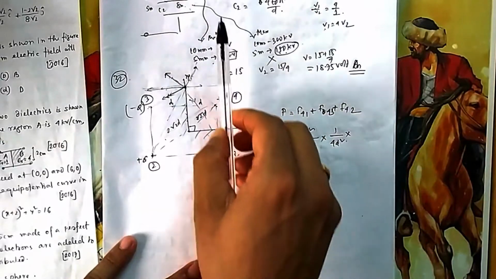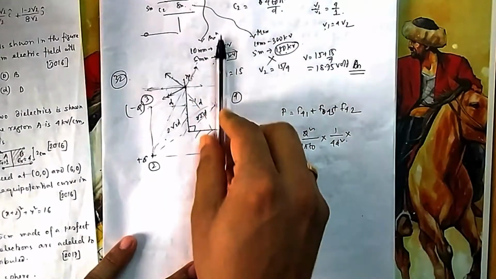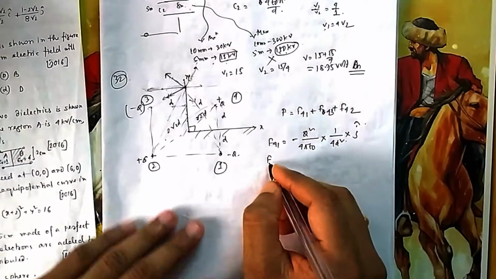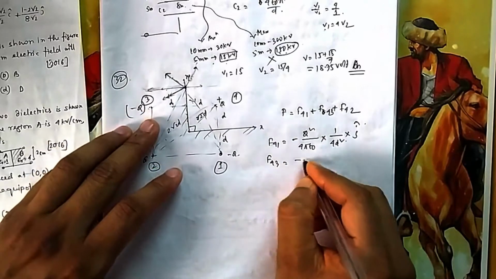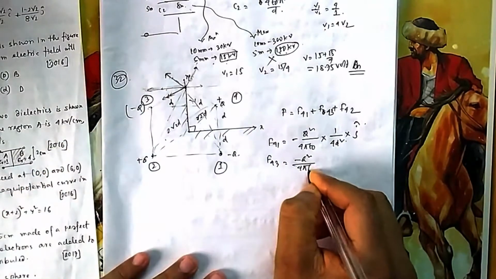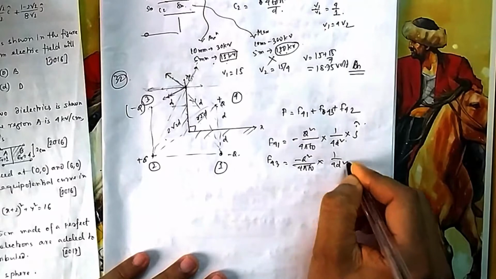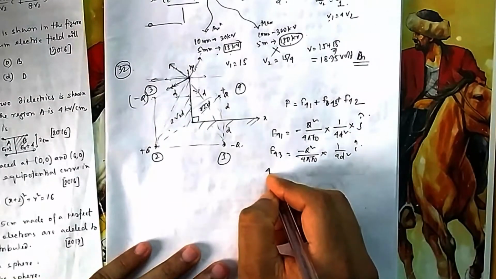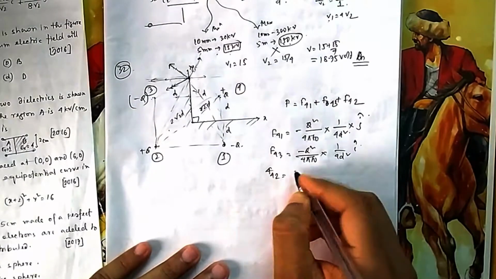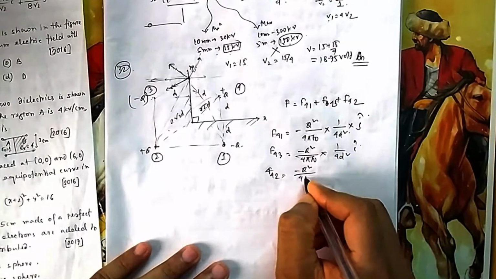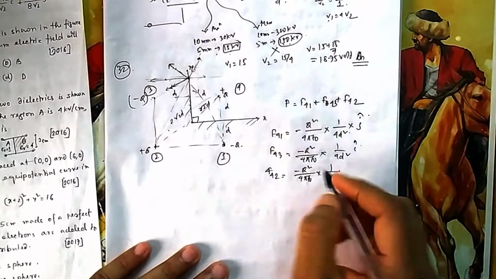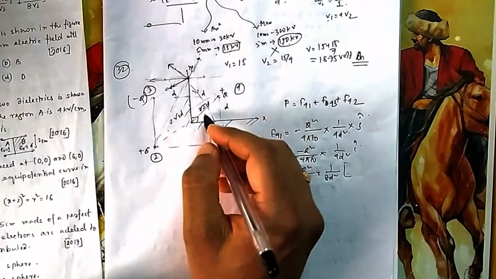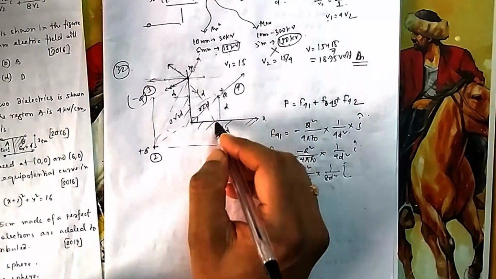Because this is pulling it in this direction, so this direction is y cap, j cap for 4-1. Then if you come to F4-3, that is also minus q square over 4 pi epsilon 0, same, 1 by 4d square, and this is in this direction, so it is i cap. Now what is 4-2? This will be minus q square again over 4 pi epsilon naught, and the square of this distance will be 8d square, and what is this direction?